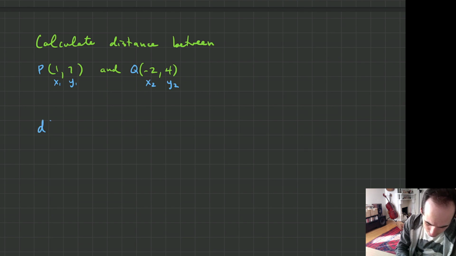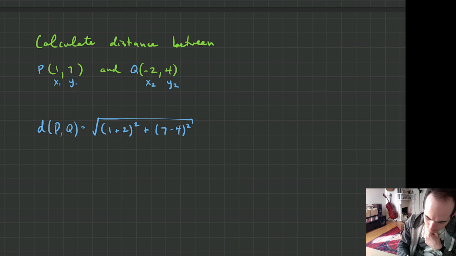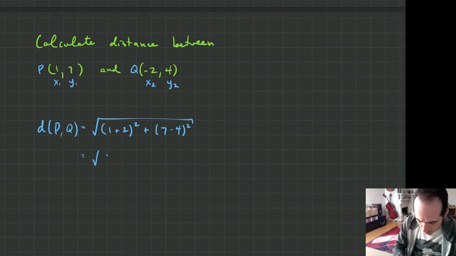So the distance between P and Q is equal to the square root of the difference in the x's, which is 1 minus -2, which is the same thing as 1 plus 2 squared, plus, and then bracket 7 minus 4 squared. Okay, and this is equal to the square root of 1 plus 2 is 3, 3 squared is 9, and then we've got